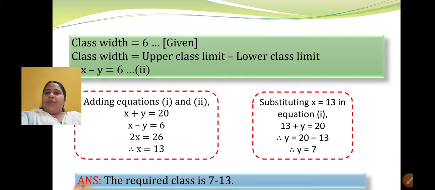Now this sum is very important, maybe a 2 or 3 marks question. Very important, both the concepts which I have explained to you today are used in this. I explained that class width is nothing but upper limit minus lower class limit, and that is used in this sum. Then I explained class mark or midpoint, that was upper limit plus lower limit upon 2. Okay, so whatever we have learned today, based on this we have solved these 3 sums from the exercise. I hope you have understood all these 3 sums. Please revise it and complete your book till this sum.